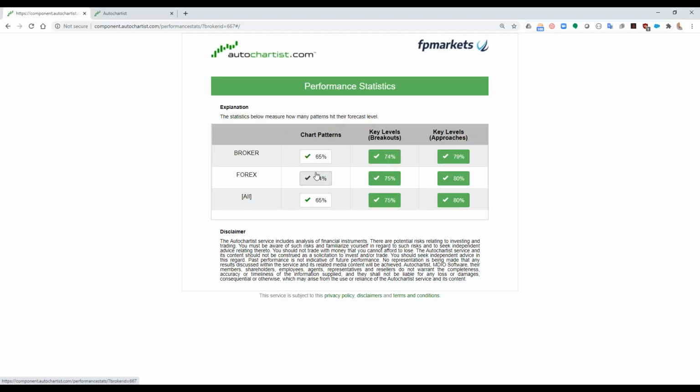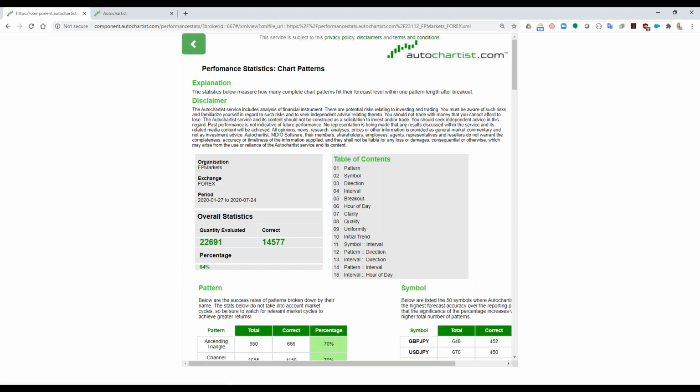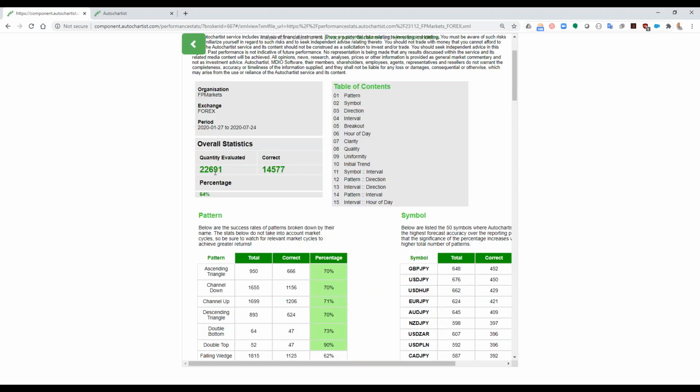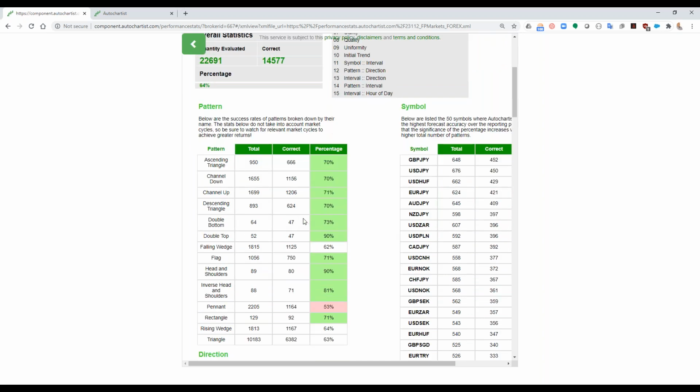And if you click, as I said, remember, we have breakout chart patterns, breakout key levels, and approaching key levels. Those are the ones on which we do the performance stats. And again, we'll discuss that later, exactly why that is. But you'll see that when you click through that, on average, in the last 6 months, the period is over here, we've identified 22,500 of these trade setups, and 14.5 have hit their target regions, about 64%. Again, past performance may not be indicative of future performance, guys, so please just remember that.